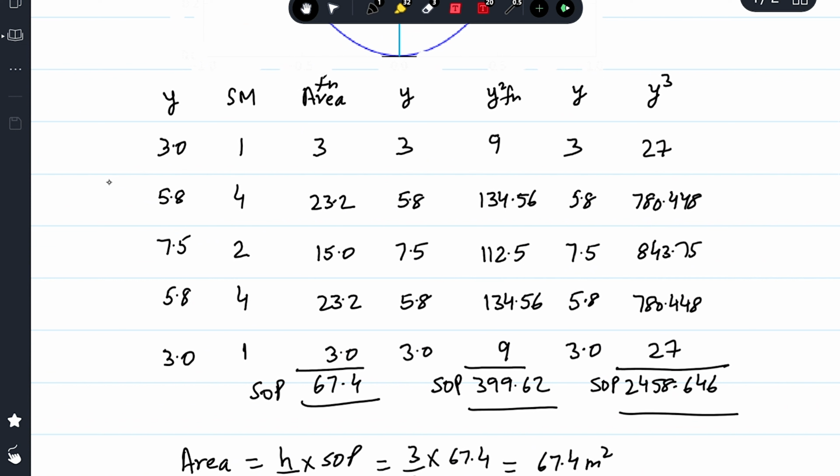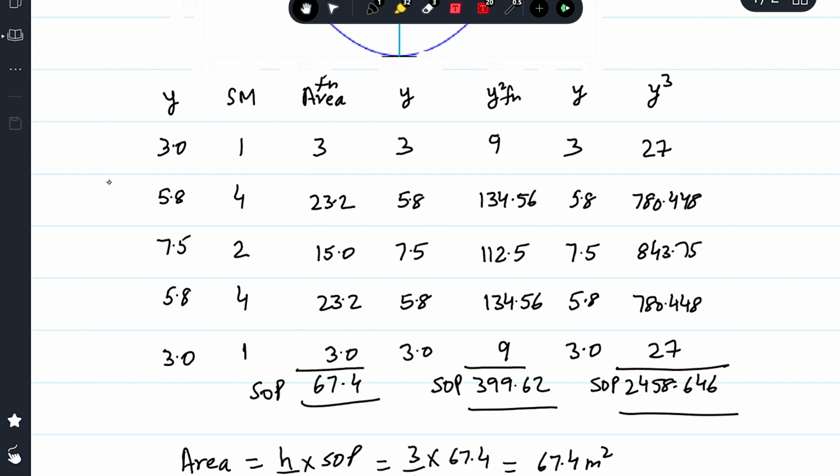First we write the vertical ordinates y and Simpson's multiplier. You get the area function, and the area function multiplied by the ordinate again. We get the moment of area function, which is the y square function, the first moment of area, and then the first moment of area function is multiplied by the ordinate again, the same ordinate, and we get the y cube function,